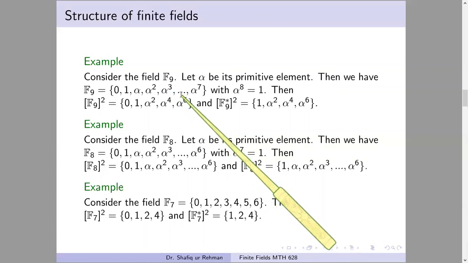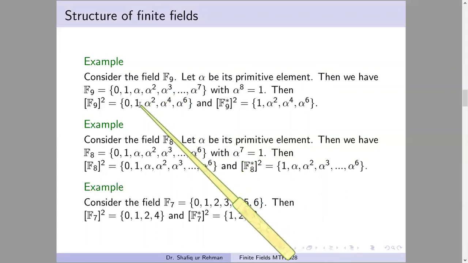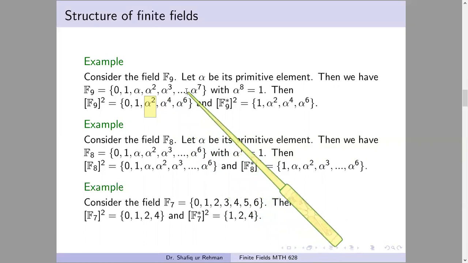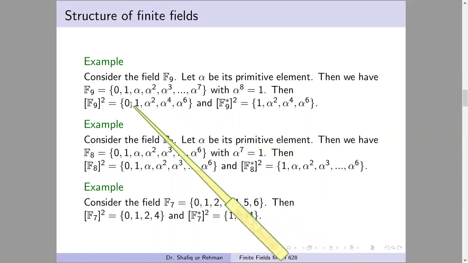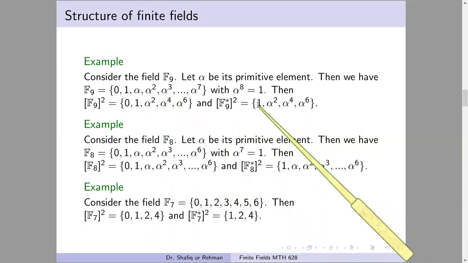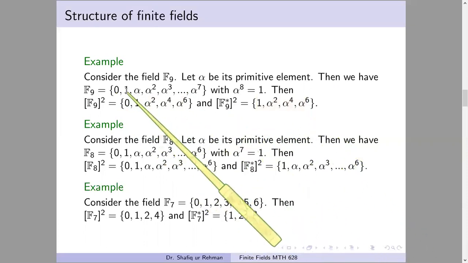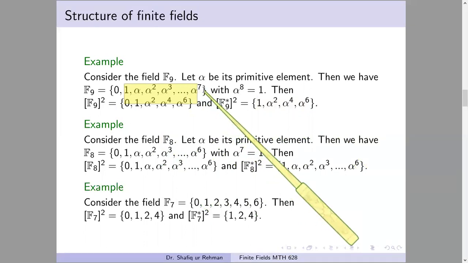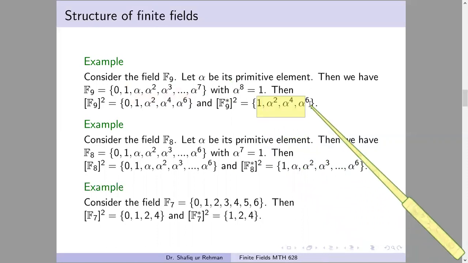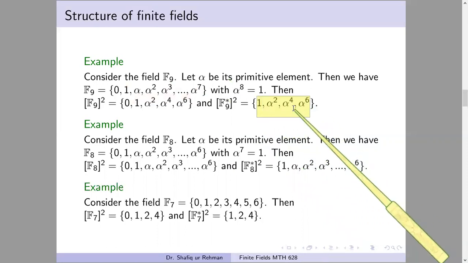And when we take alpha 4 whole square, we again get 1. Alpha 5 whole square is again alpha square, and alpha cube, alpha 6 whole square is alpha 4. But when we get these different answers, and if we exclude 0, we get these 4 elements. And notice that in the non-zero part, we have a total of 8 elements, and half, 4 elements, are the squared elements. This is a nice property.